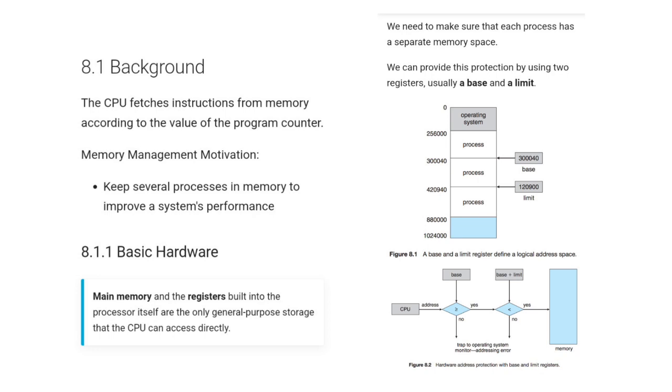So in the example, the base is 300,040 and the limit is 120,900. If an address falls outside this range, it is trapped to the operating system monitor as an addressing error. Figure 8.2 shows hardware address protection with base and limit registers: the CPU address is checked against the base and against base plus limit, and then goes to memory. So let's